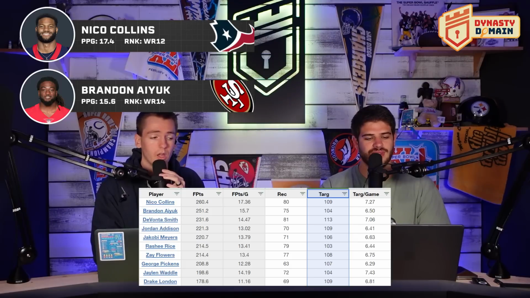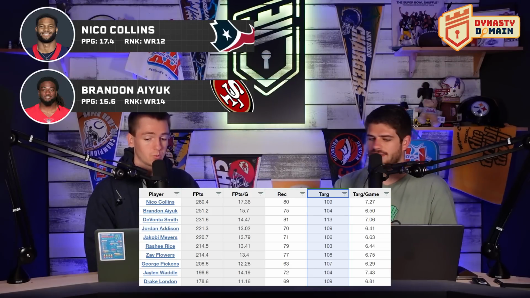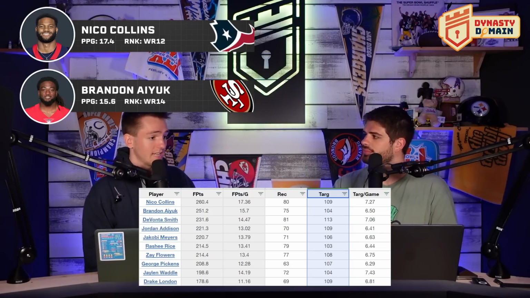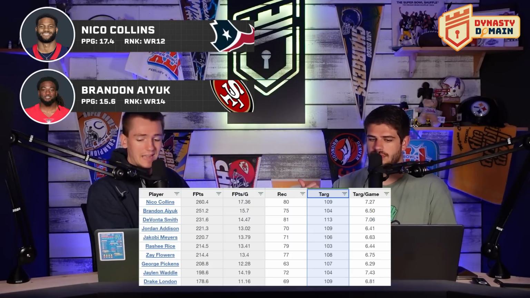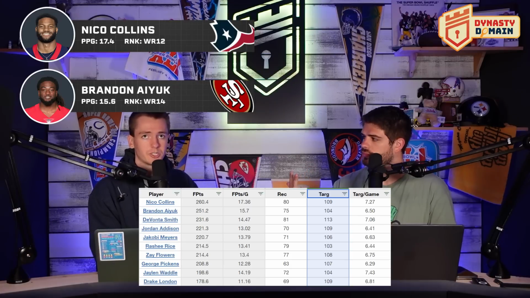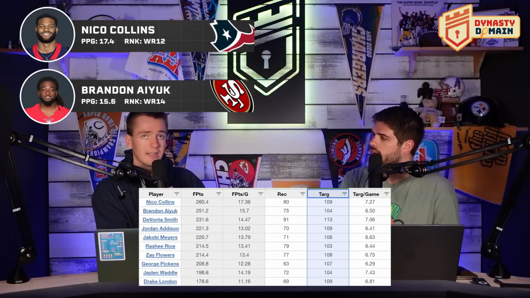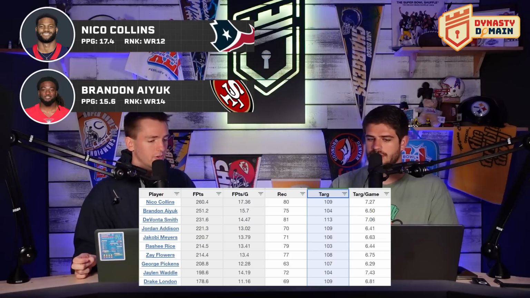Holy crap. So how are we going to go into 2024 predicting which one of these guys has sustainable production and which ones don't? It's in the yards per reception. It's in the yards per target. At least that's one of the bigger metrics that we saw. It is. There really are 3 that we looked at, though, and those were yards per reception, fantasy points per target, and touchdowns. Everyone always says that touchdowns are the most volatile metric in fantasy football, and that's true, but it's not always the deciding factor in